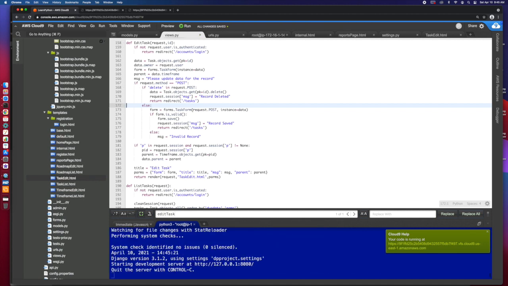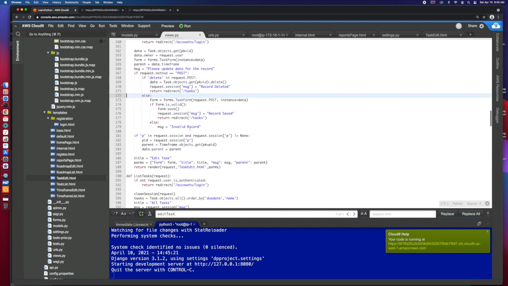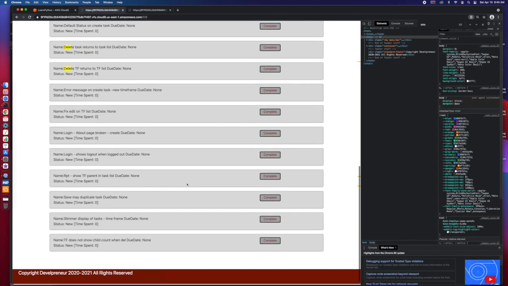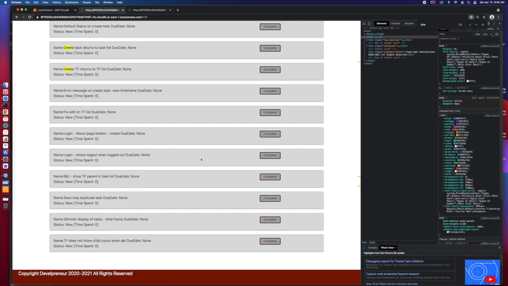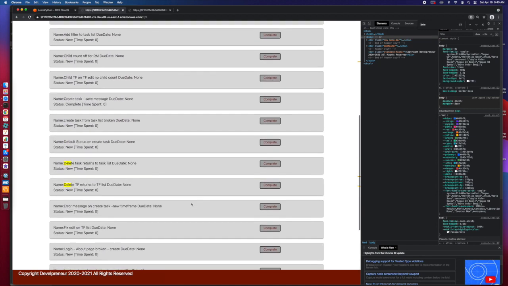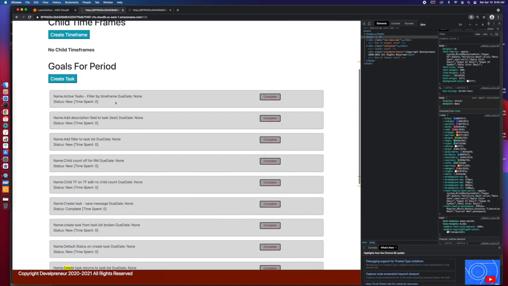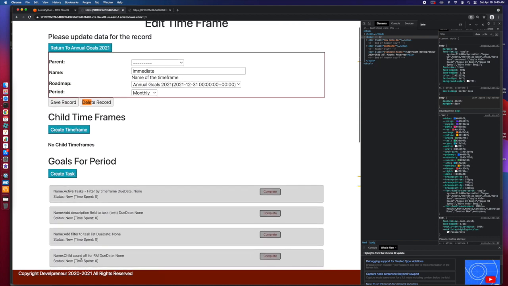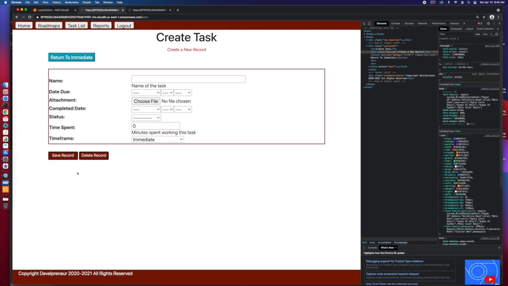Let's see. So now we've done that. We've got a record deleted. It's going to redirect to tasks. So tasks does get our session. So now if we delete, let's see, did I have something here that... okay, so I'm going to create a task real quick for that. And this is going to just be called delete me. If I save it,